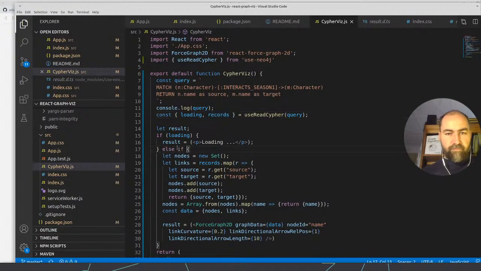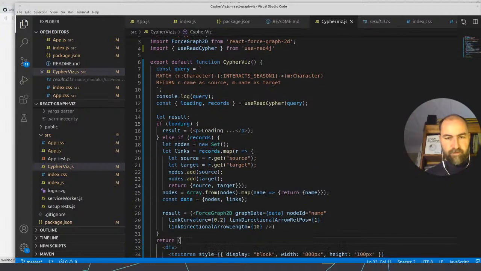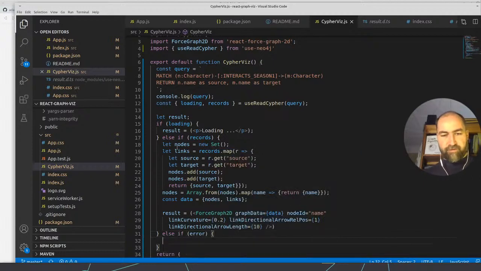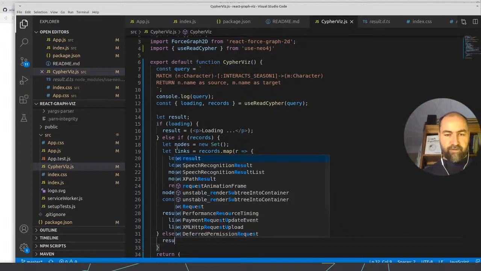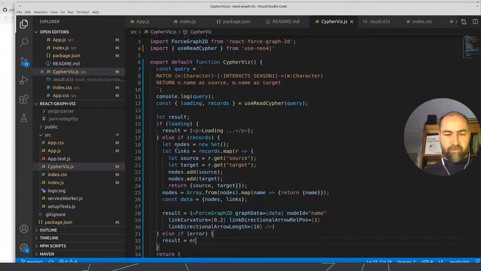Else if records. Okay. Else if error. Should probably do some error handling, right? So that's usually helpful. Result equals error.